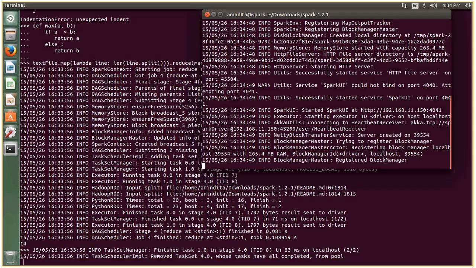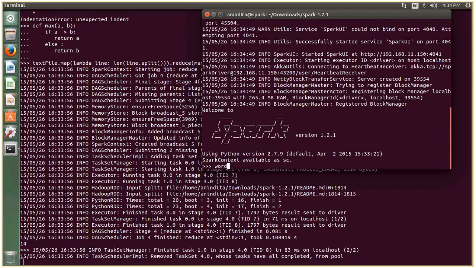And here you can just write word count, text file, line dot split, map it with lambda word,